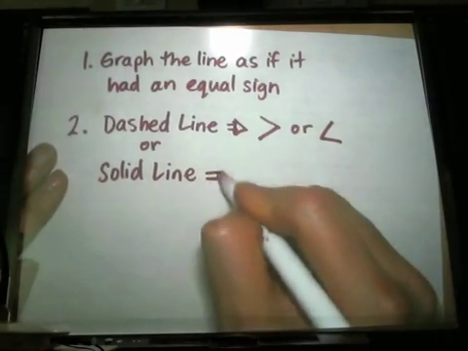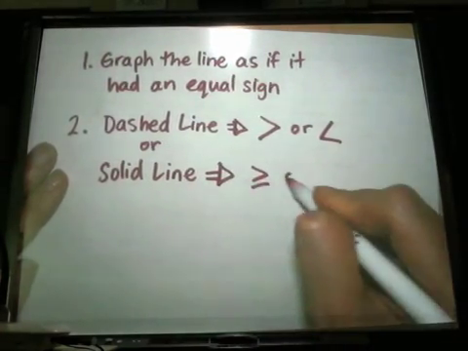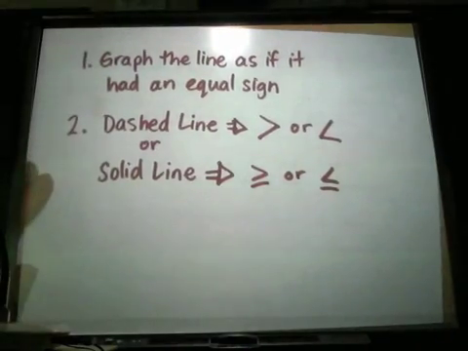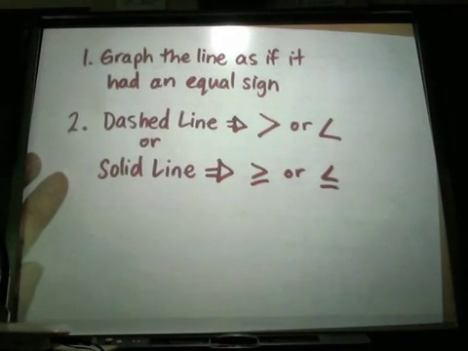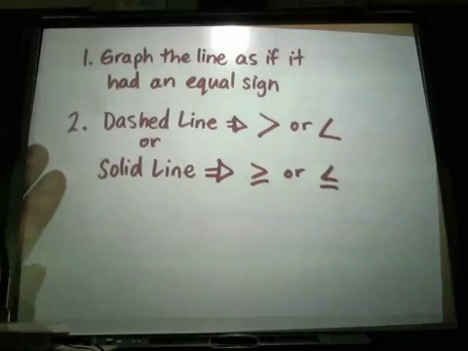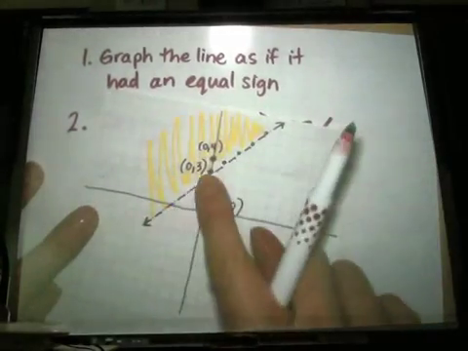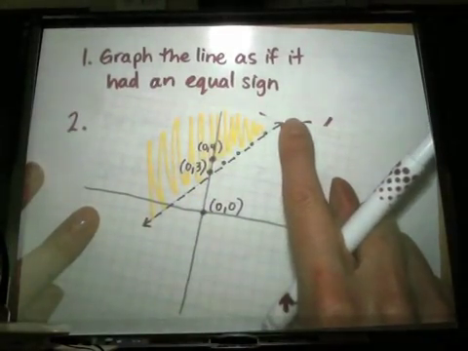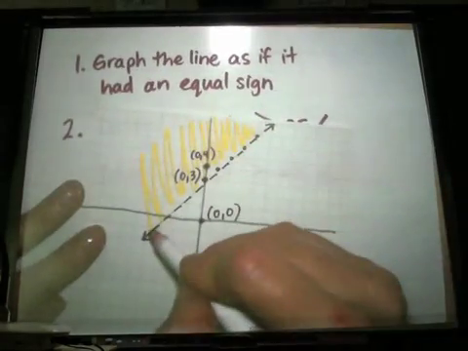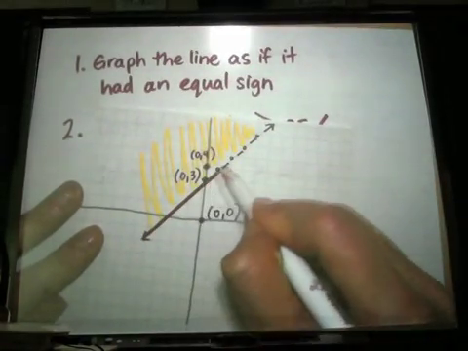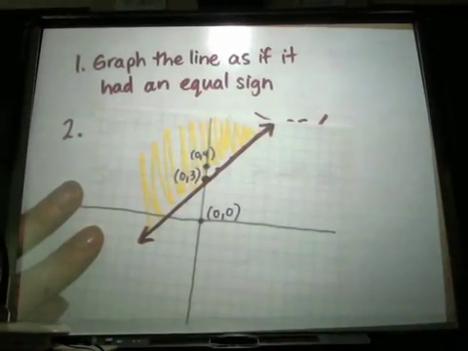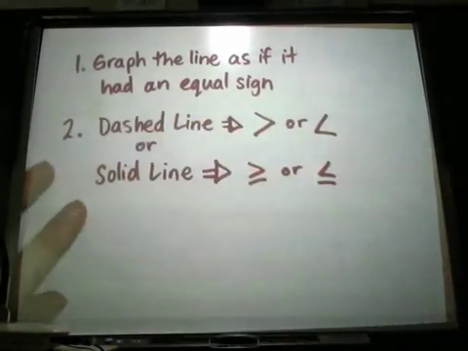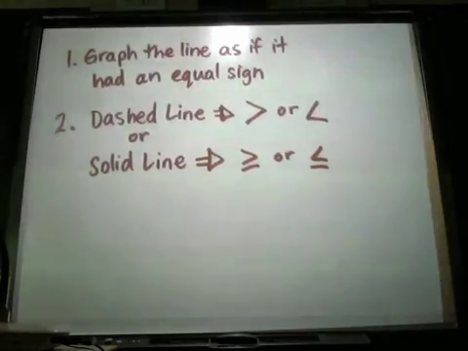Solid line is for greater than or equal to, or less than or equal to, and it's the equivalent of the filled in solid circle. On the number line, it just meant it includes that particular number. On this, it would mean that all the points on the line also will make a true statement. So if this had been greater than or equal to, we would have just done this. And then if you pick a point on the line, it would work. Okay, so that's step 2. Step 3,